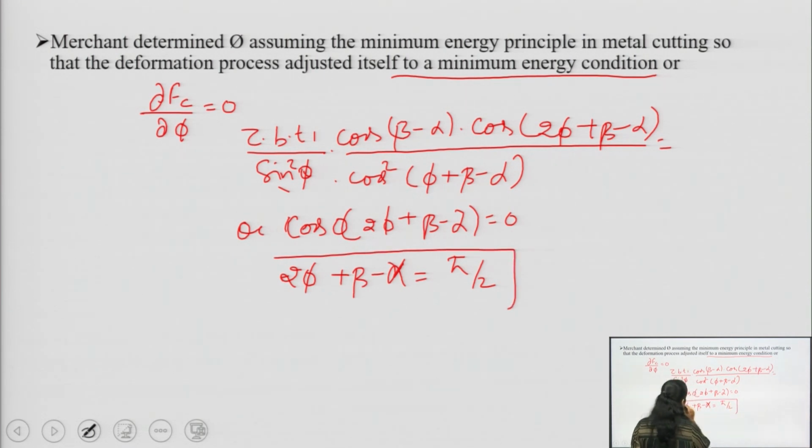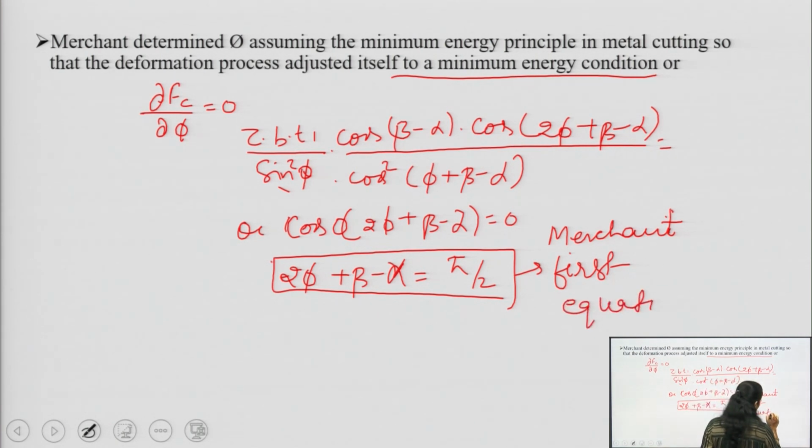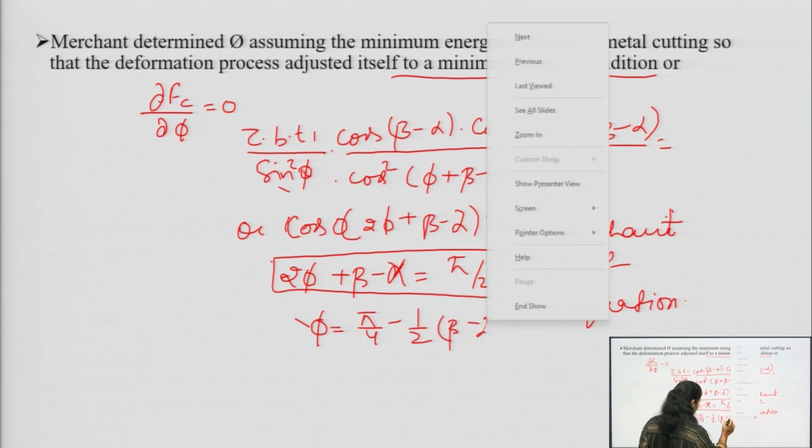This equation is very important equation, and this equation is known as merchant first equation. Okay, or we can write down it as phi is equal to pi by 4 minus half beta minus alpha,